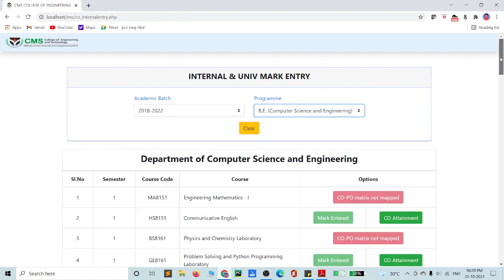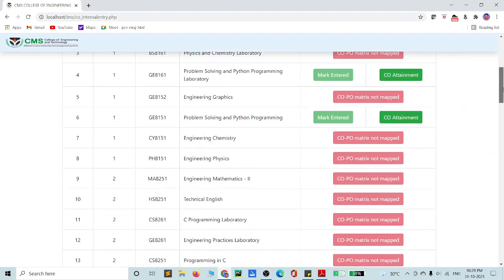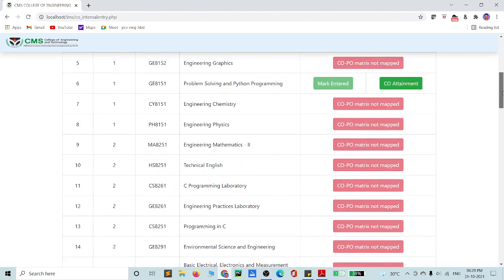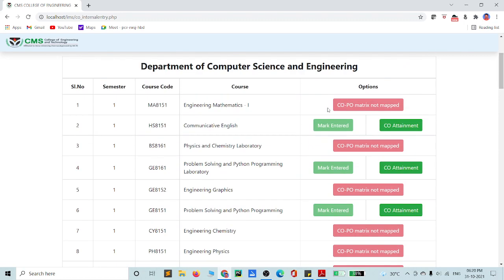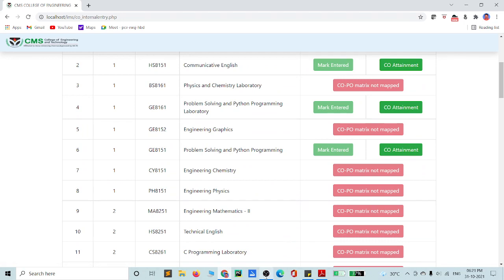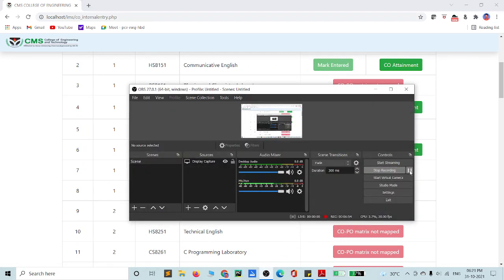Okay, so in these pages, the same list of subjects is available. Once you complete your COPO matrix, the mark entry and course attainment become visible automatically. This mark entry is already visible. We can wait one second and check it.